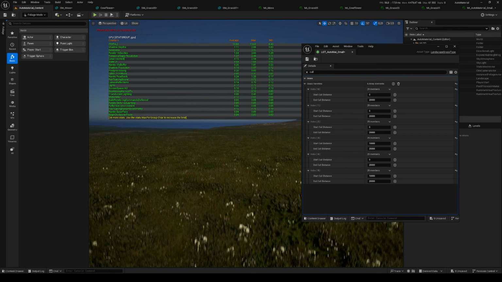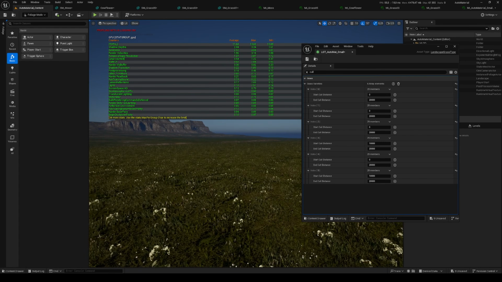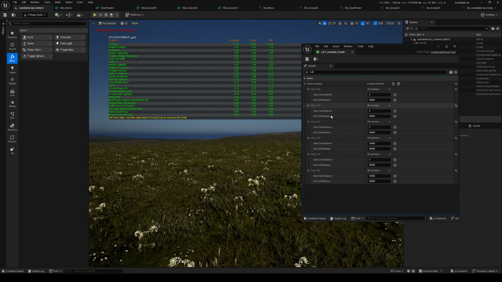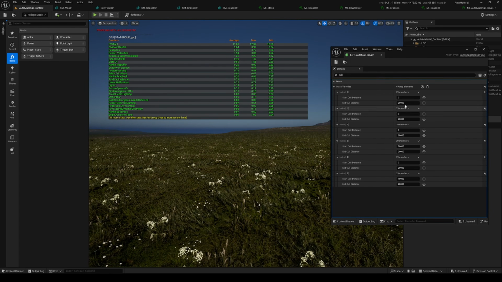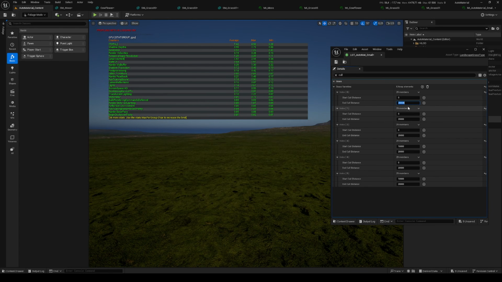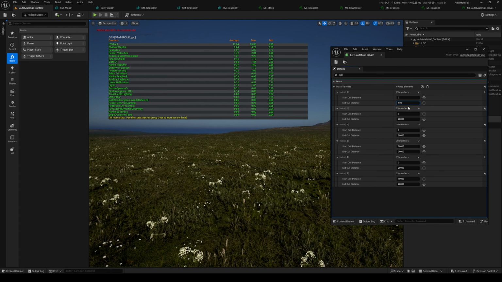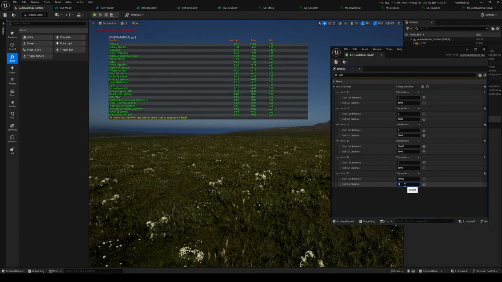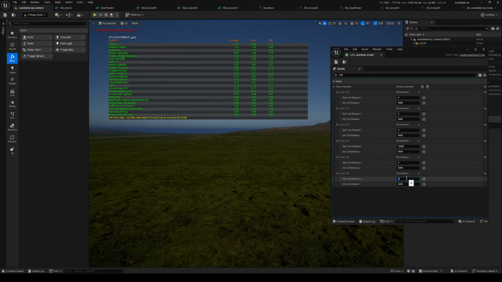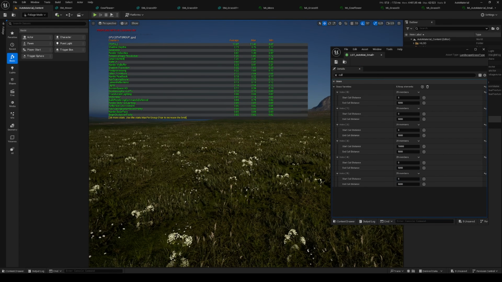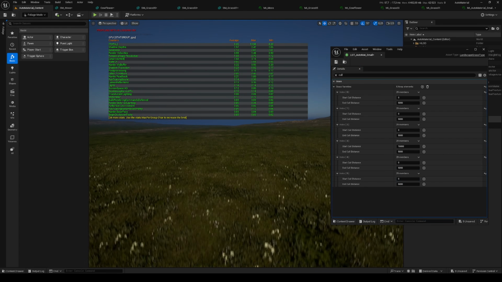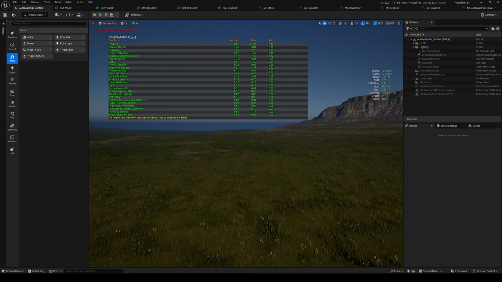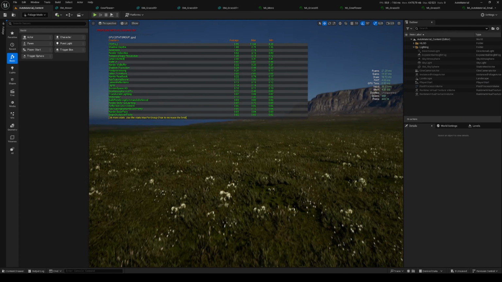Of course, you're going to see grass from less distance, so this might not be useful to touch if you want the best quality. But if you want to improve your performance, I would lower these to maybe 5k on all of these meshes. And I want to have my start cull distance at 0, so it's fading in and out. Now, one major problem that you can have on your mesh, your grass in general, is that